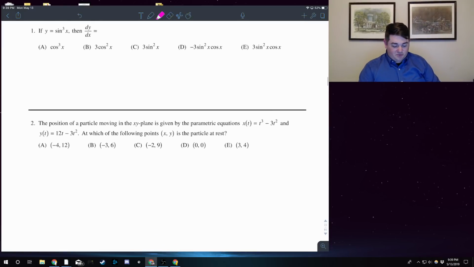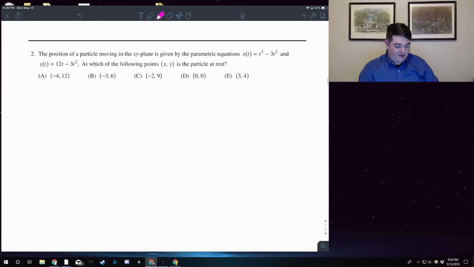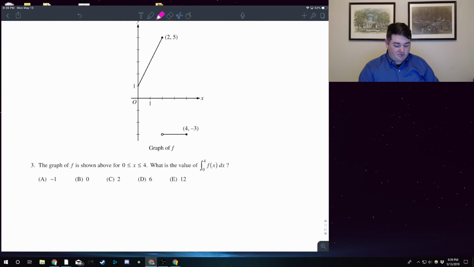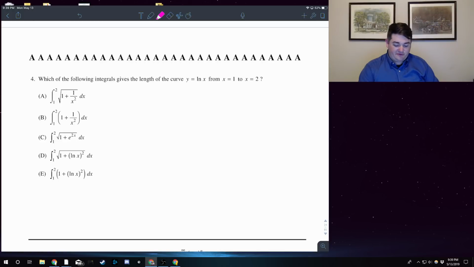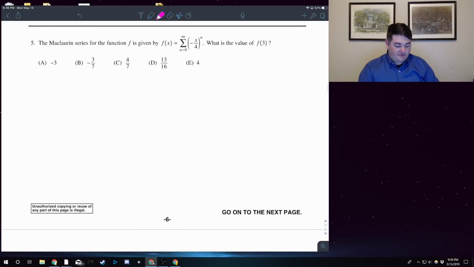Number 1, chain rule. Number 2, when is the particle at rest? So when is the x velocity and the y velocity both 0? Number 3, just finding area on a graph. Number 4, arc length, just a formula. Number 5,